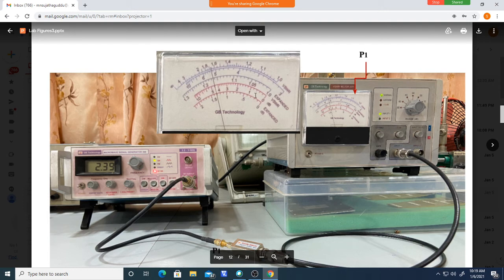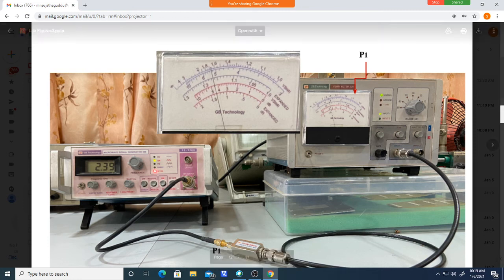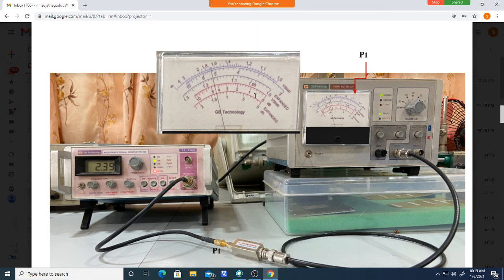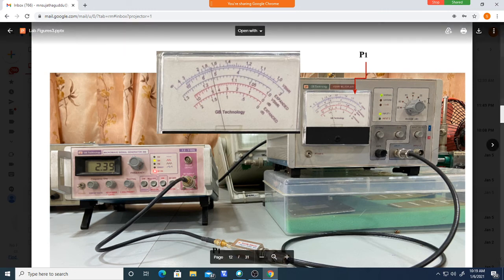Now for example, if you keep it at 40 but the needle goes leftmost, that means the power is lesser than 40. What you should do is select 50. If the scale goes behind like this, you should change the range. If it goes left, you choose the lower scale. If it goes right side, you choose the higher range. Like this the range selection will be there. The needle should not go out of the scale. If it goes right, you change to a higher value. If it goes left, you choose a lower level.